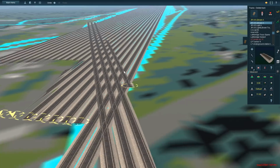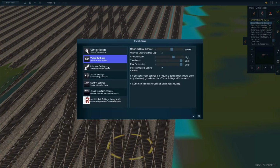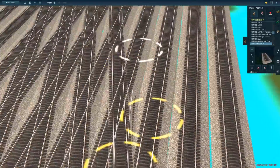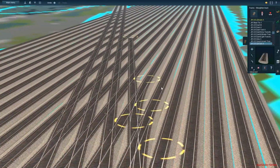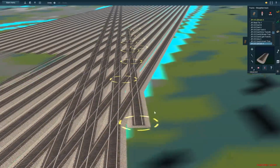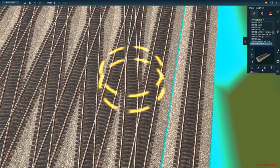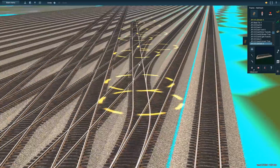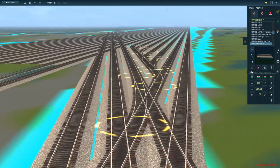I didn't count the amount of tracks in this yard, but I think it's somewhere up in the 80s, if I'm not mistaken. And man, it was quite the challenge to try to build. I'm using track maps from the 1970s and 1960s. It's kind of a variety, but I am using actual track maps and track charts from the day that we'll be modeling here. As the title suggests, we'll be sticking with the prototype around 1970. Well, the title says 1971, but really, I'm going to be focusing mostly on the 1965 to 1975, and that